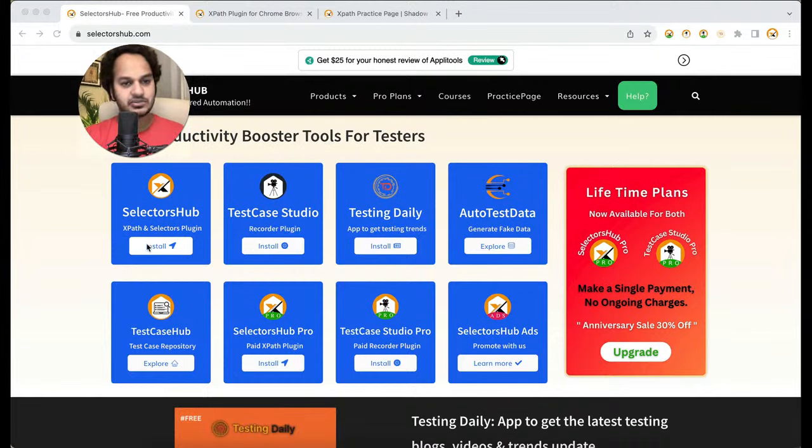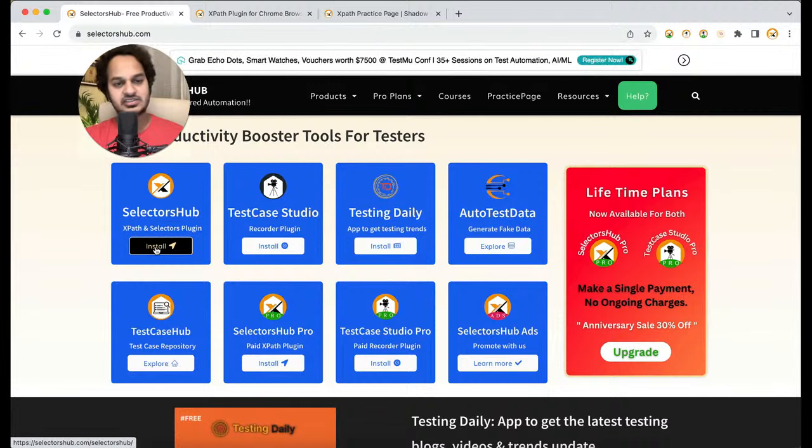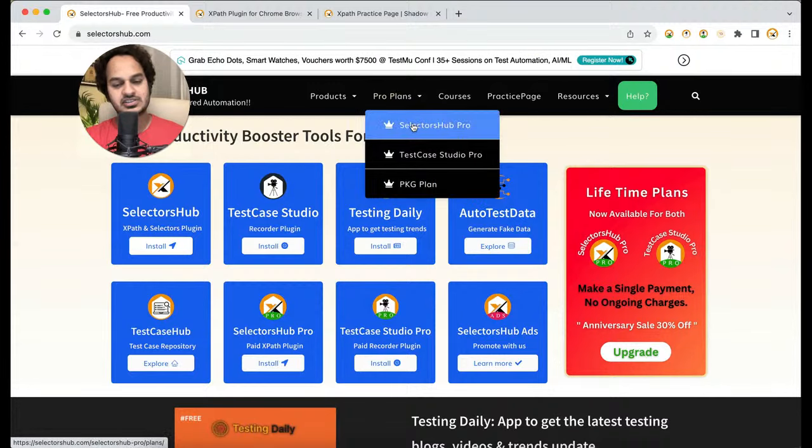So now how can you install it? Just go to selectorsub.com, and the first product you will find is SelectorSub, which is a free version. Here you will find all the products which SelectorSub offers. This is the free version, here is the pro version. I'm going to show you how you can make use of the free version and all its features. If you are interested in the pro version, you just go here and you can see all the features